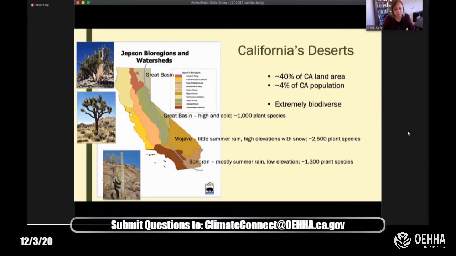So the inhabitants of the Mojave must be very well adapted to these especially harsh conditions. The Colorado Desert in southeastern California is mostly low elevation with especially hot summers, but this desert receives about half of its annual rainfall in late summer, so they do get some relief for its flora and fauna during the hottest months. California deserts make up approximately 40% of California's land area, but only about 4% of the human